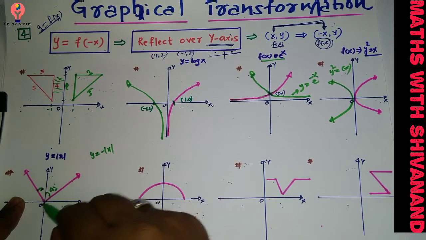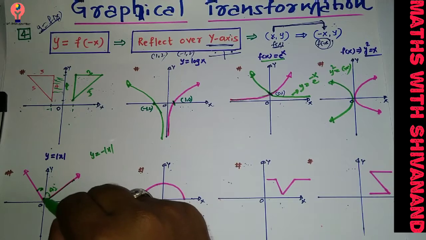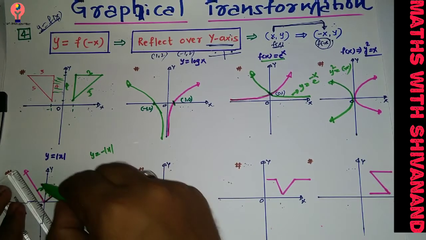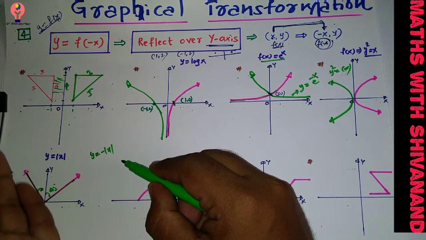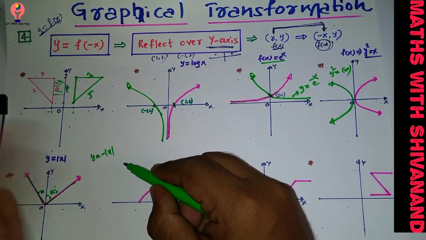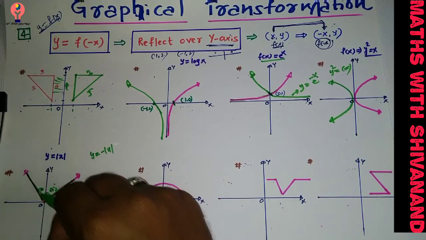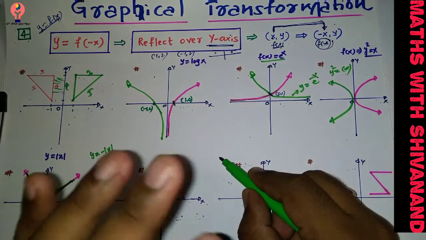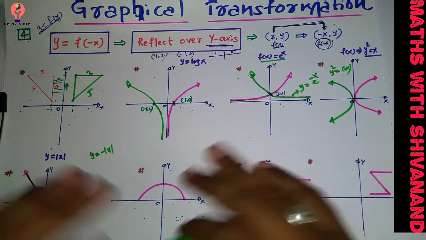Again this graph, already this graph is reflected over the y-axis completely. This part of reflection is the same guy only. This part of reflection is this one, definitely. So I need to reflect this part here. This part of reflection happens along here. So definitely this part of the graph becomes here only. The y equals mod x graph is already reflected over the y-axis. If you reflect also, it will lie on the same only.